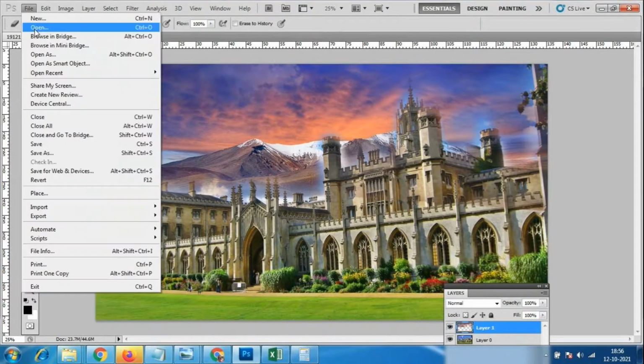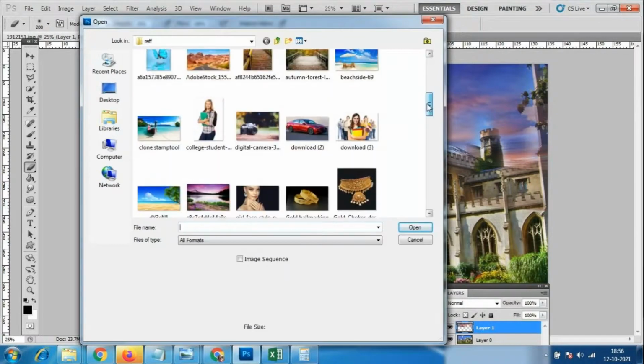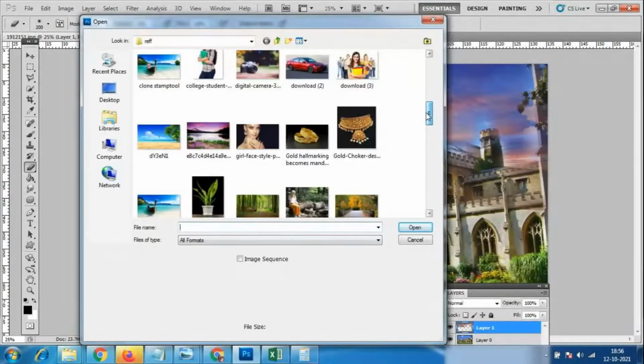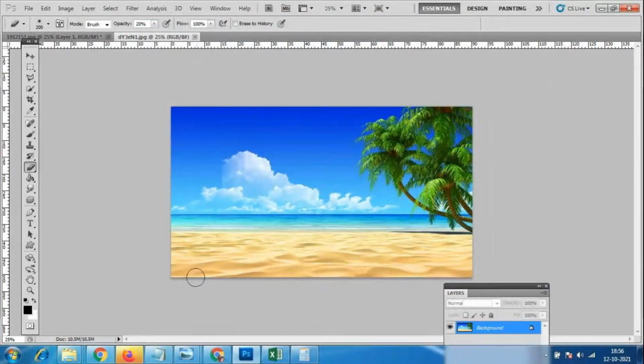Like that, if we get some water, we can place the water also. Let us see. If I want this water with this mud, I'll select this much area.